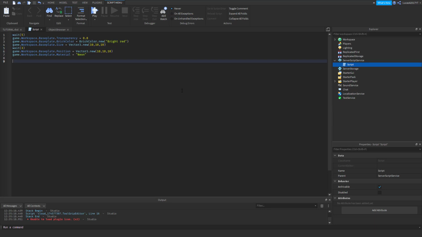So first off, we're going to start by saying function. And then we will have a name for the function. A function is like an action of code that you can run at any certain time. So, for example,